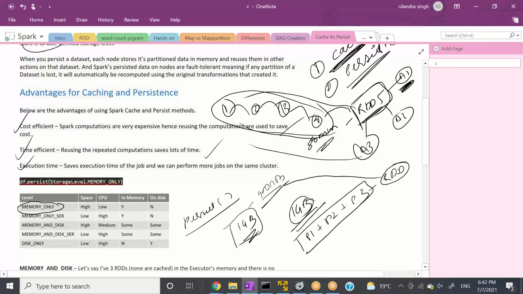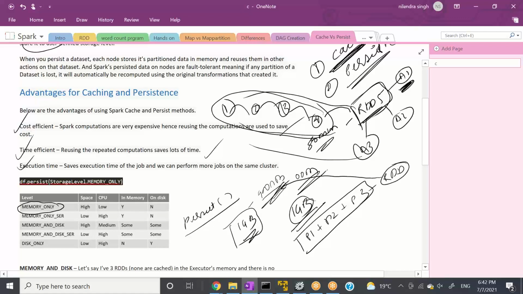And I try to put this RDD here. Will it work in case of memory only? I don't think so. I'm not sure whether it will give an error or not, but it won't fit into memory. It may give an out of memory error, right?